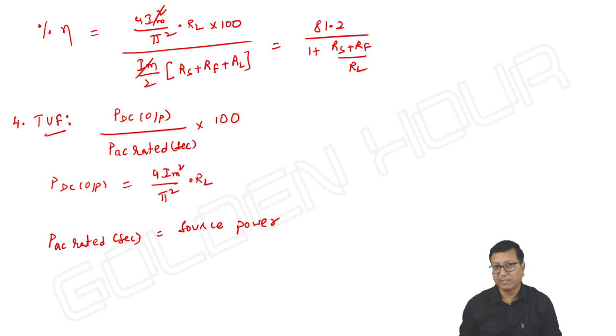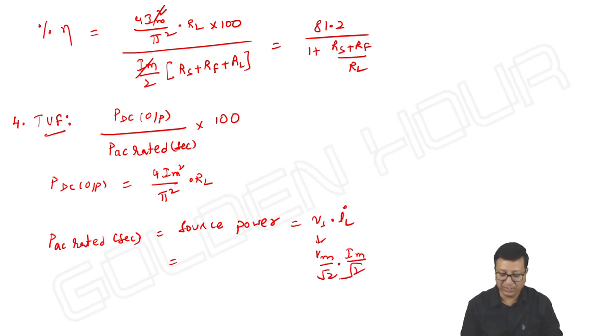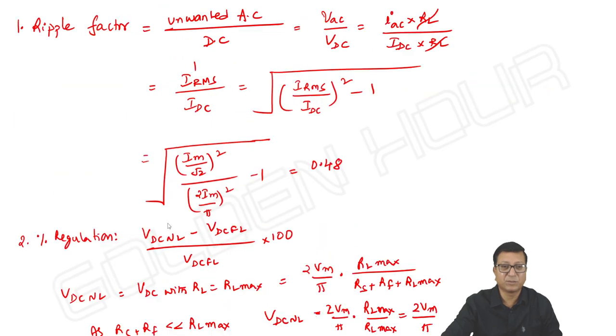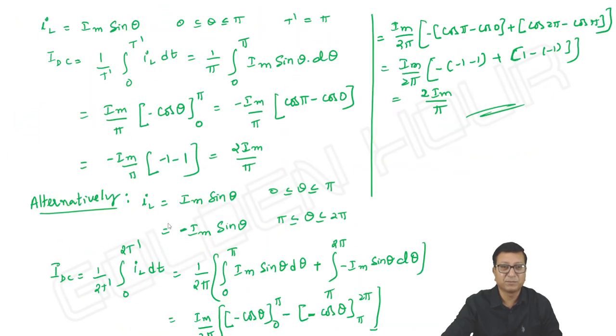Generally, what do you expect here? General expectation is it is nothing but Vs into IL we expect. That's what I did in half-wave rectifier. Later, at the time of substitution, its RMS value is Vm by root 2 and IL, its RMS value is, as half-wave rectifier I wrote Im by 2, in full-wave rectifier it is Im by root 2. This is what we generally expect. Expected I am speaking. But if you look at the circuit, source power means